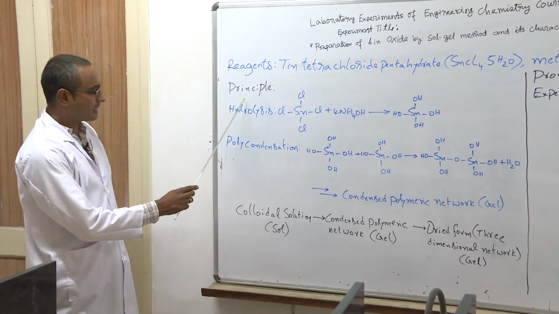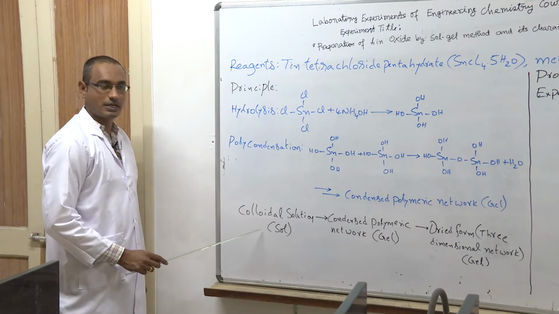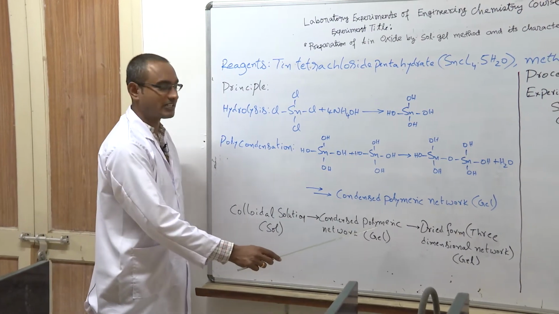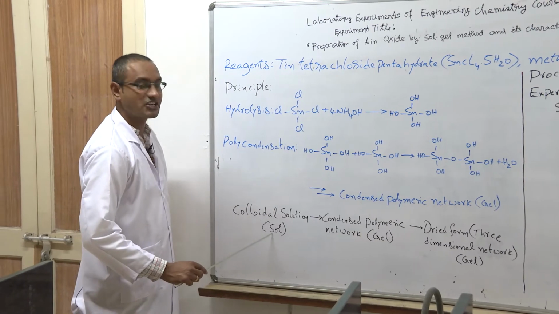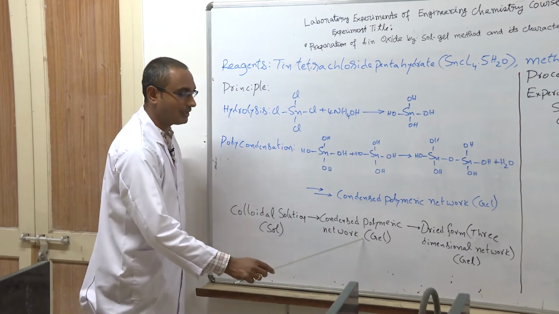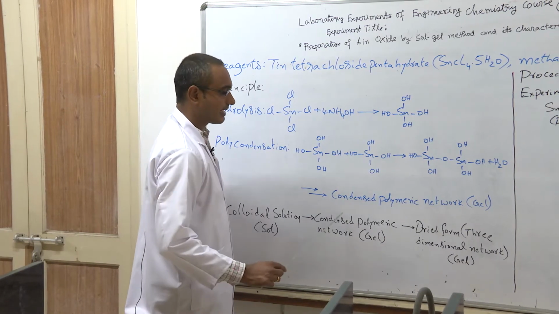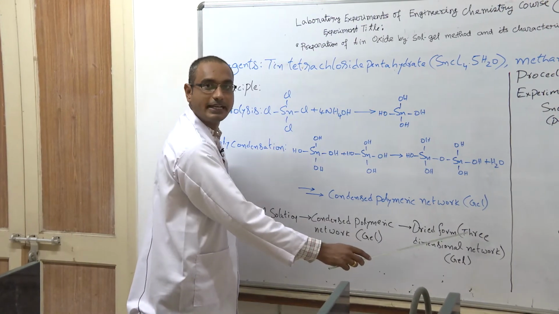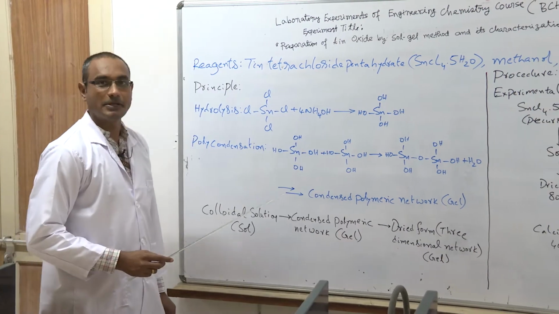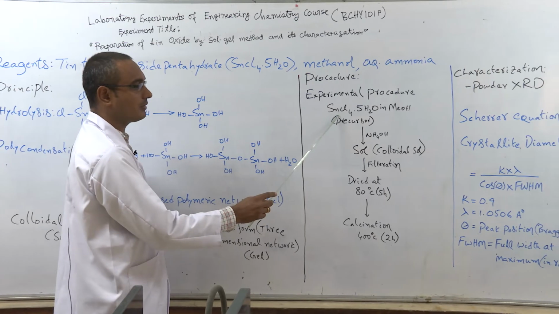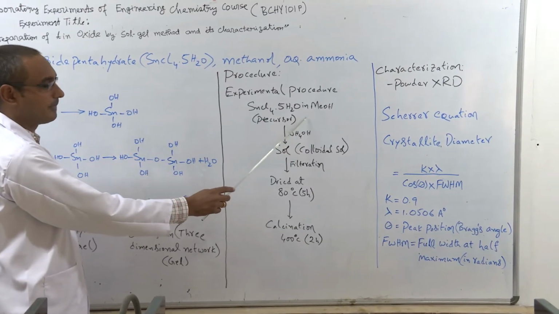To summarize this principle, a colloidal solution was made. After that, it will convert into a condensed polymeric network. Here you can see the transformation of sol to gel, and this gel is again dried to convert the condensed polymeric network into a three-dimensional network. And coming to the procedure part, we are going to dissolve tin tetrachloride in methanol,